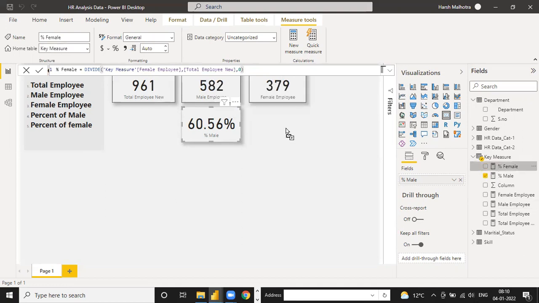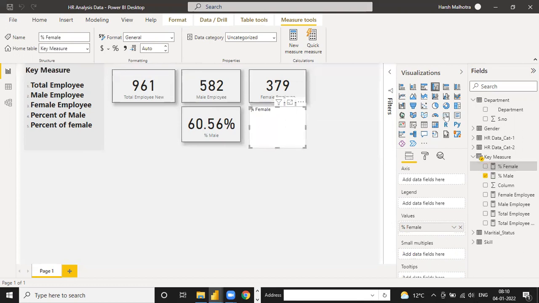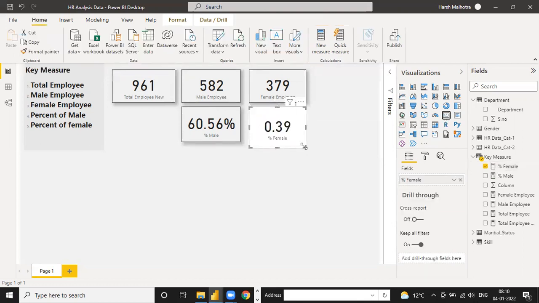This is a very simple way, but you have to evaluate two measures for one thing. For percentage you have to calculate male or total employee, both, but you can also calculate this percentage without calculating the male and female employee count. For that you have to use the variable function.